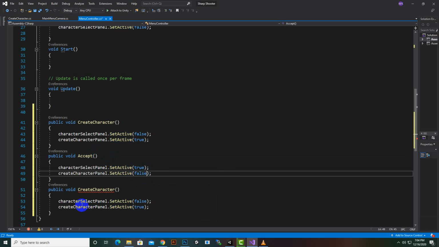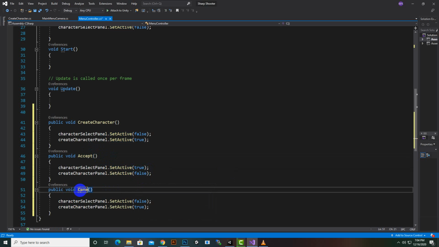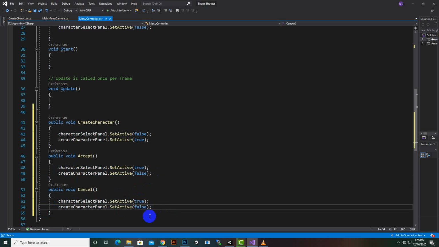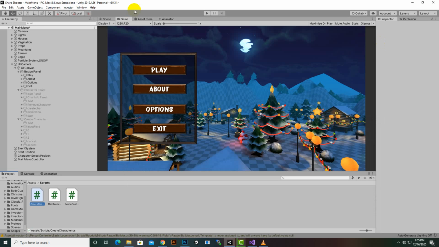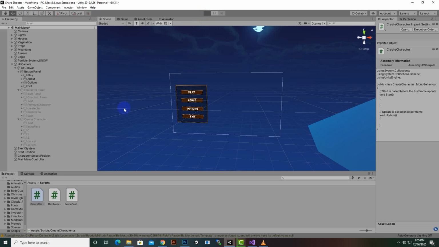Okay, and for the other function we will make it a cancel function, and we will add the same lines inside this function as well. Similar lines here. So now, moving on to our second script, before that we will go to our Unity and add our characters. So let's move to Unity, and here if we play the game, then we will see where our